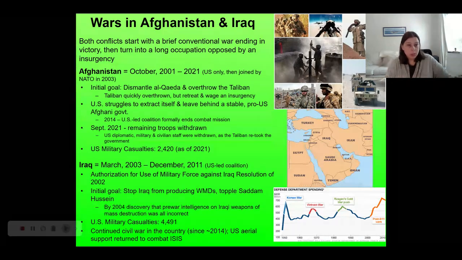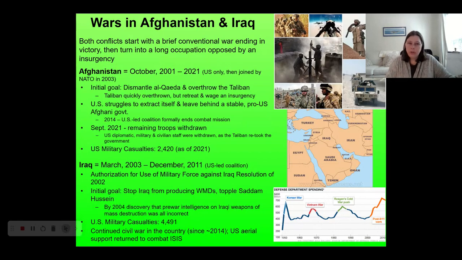The war in Iraq starts a couple of years later and is really unrelated to 9/11, except that it's also in the Middle East, and we broadly connect it to American security from potential future attacks. Specifically, the Bush government argues that the government of Iraq, still headed by Saddam Hussein, has developed WMDs, or weapons of mass destruction, and that we have proof of that. And so we're going to go in and knock out this government that is developing nuclear weapons and could be a threat to the United States.